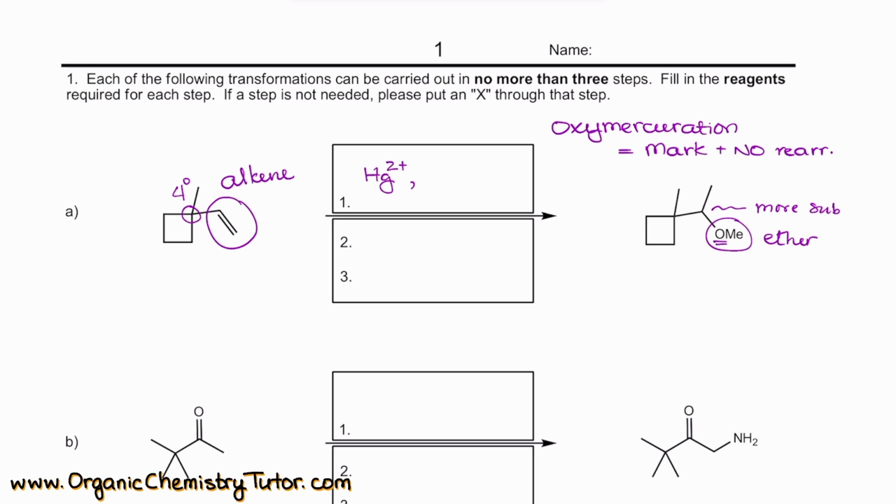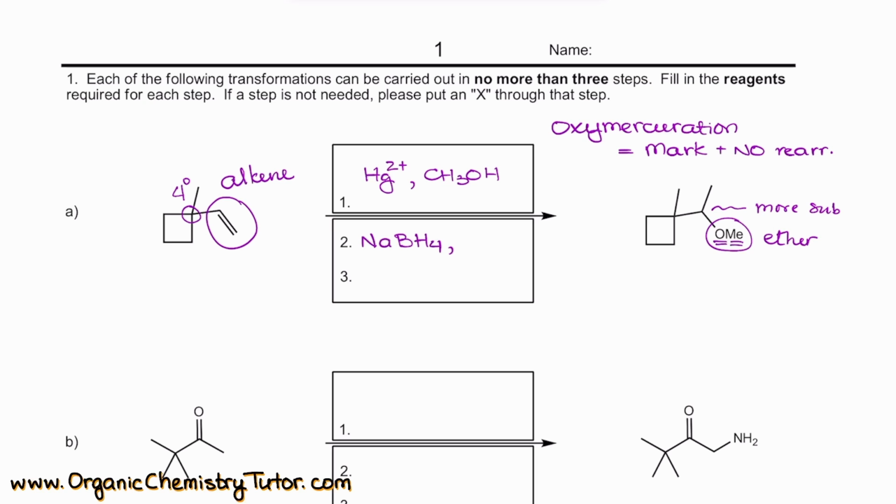And for our nucleophile here, we are going to be using methanol because we are adding the methyl group with the oxygen, so methoxy group here, so that's gotta be methanol. Now, in order to get rid of the mercury from the intermediate that we are going to get there, we need to do the reduction part. So often the oxymercuration reaction is called oxymercuration reduction. And the second part of this reaction, the reduction part, is going to be sodium borohydride,